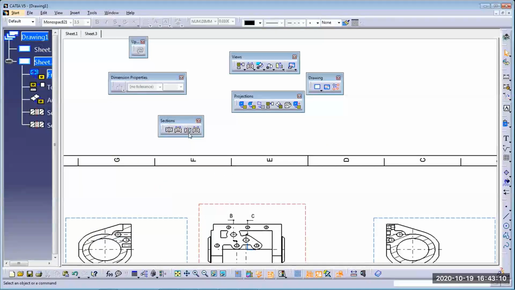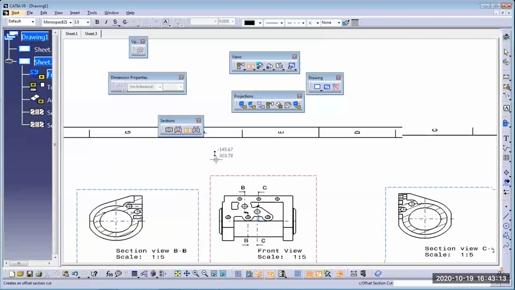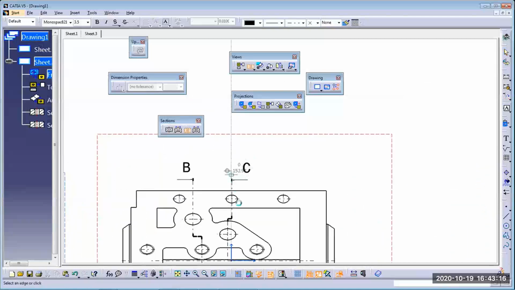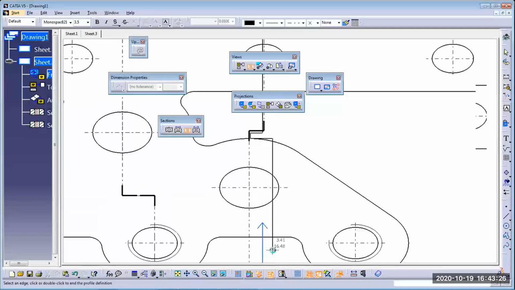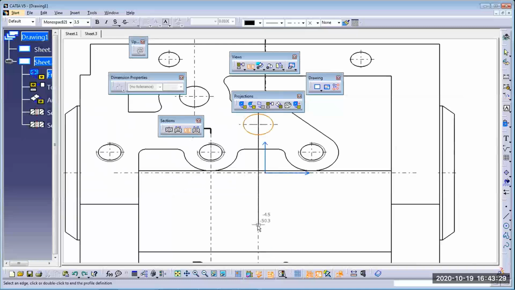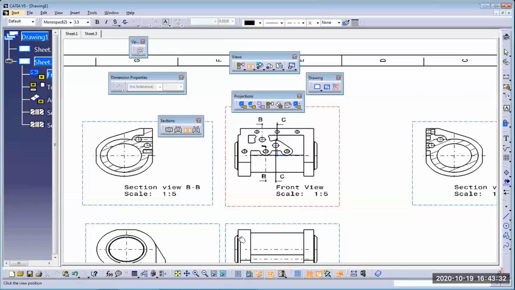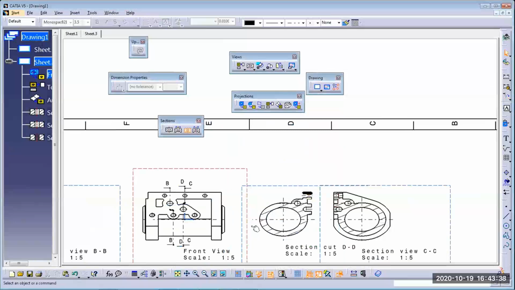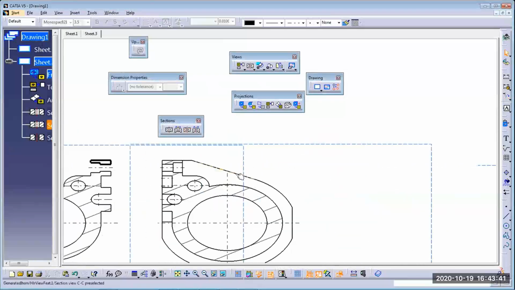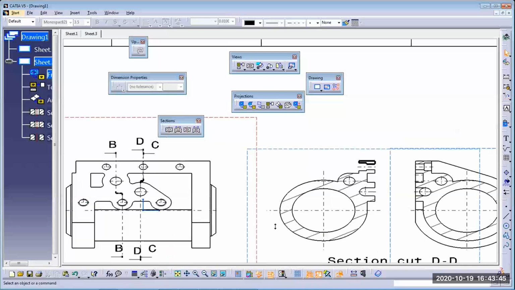Similarly, for this offset section cut, I pass the section line from here, finish that line and place it here. You will see only the hatch portion, not any internal details, only the hatched area.